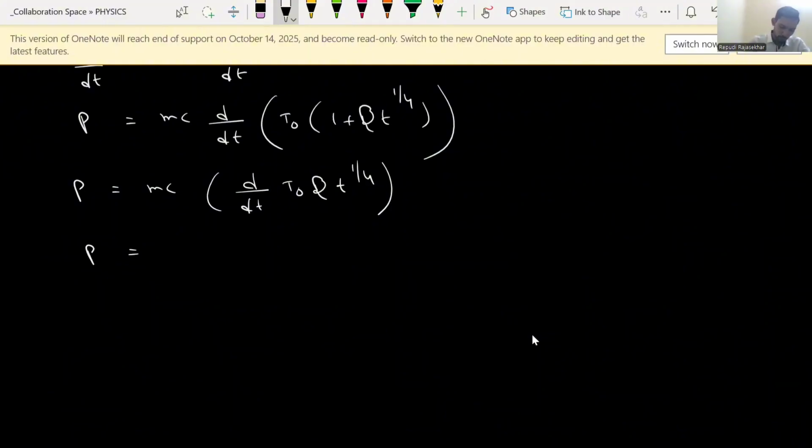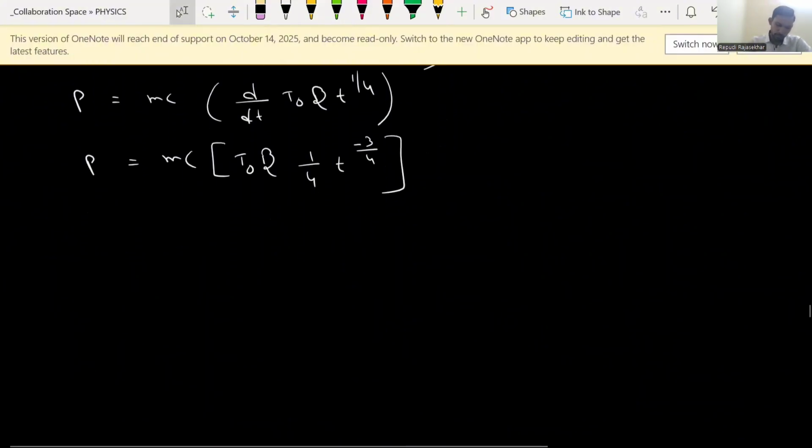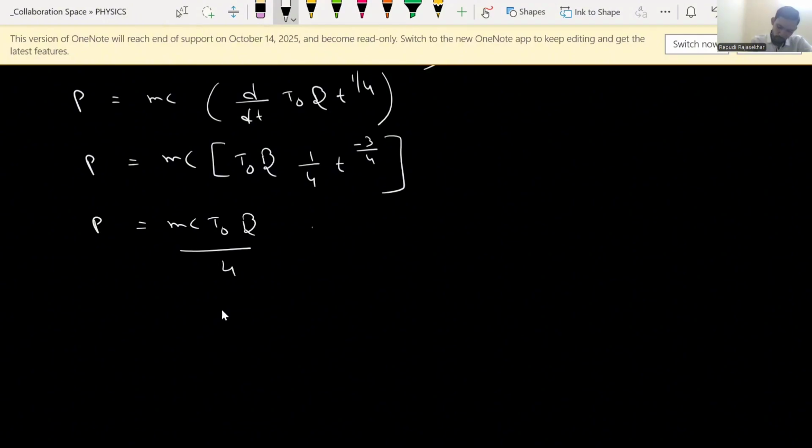Okay. So P equals mc. T naught is a constant, beta is a constant. So d by dt of t power 1 by 4 is how much? d by dx of x power n is n into x power n minus 1. So similarly 1 by 4 into t power 1 by 4 minus 1, so minus 3 by 4 comes here. Next, just rearrange these terms. So P equals mc T naught beta divided by 4 times 1 by t power 3 by 4. This is